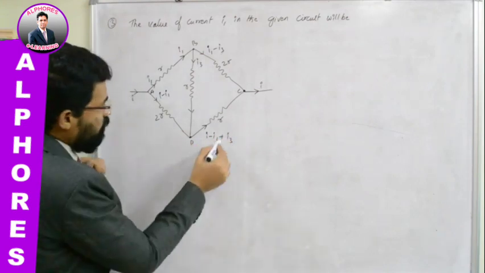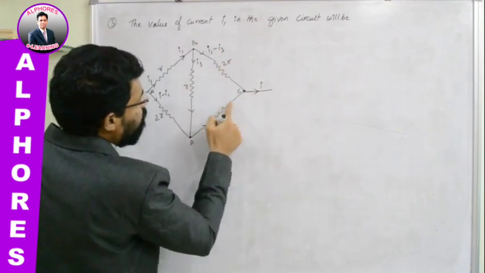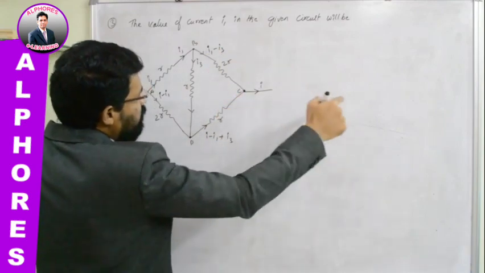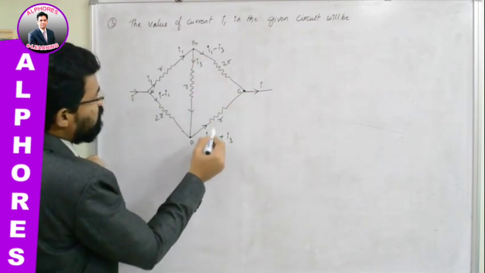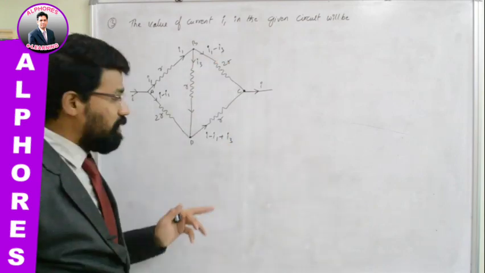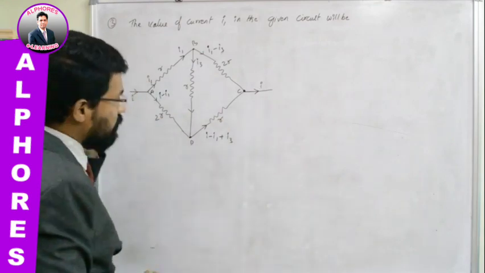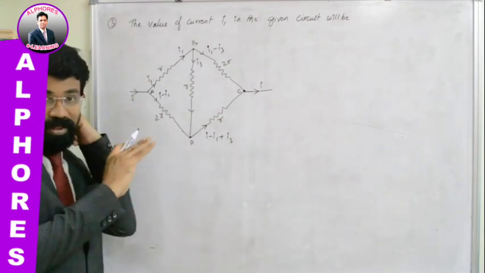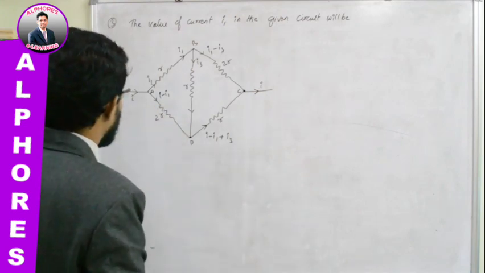Now if you add these two currents, this one and this one, they are approaching junction C. And how much should be the output? I. You can check that. Plus I1 minus I1 gets cancelled. Minus I3 plus I3 gets cancelled. So the remaining term is I. That I current leaves the junction. So Kirchhoff's junction law is valid here. We can realize that in this picture.